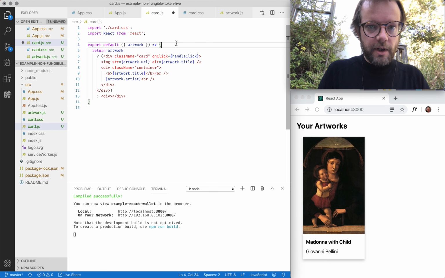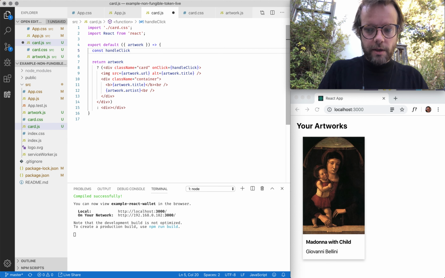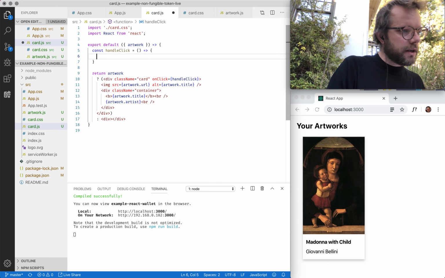Okay, so let's quickly define the handle click function. That's a function. And this function is going to ask the user, prompt